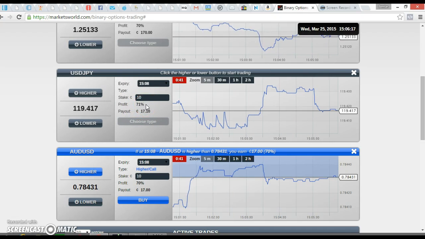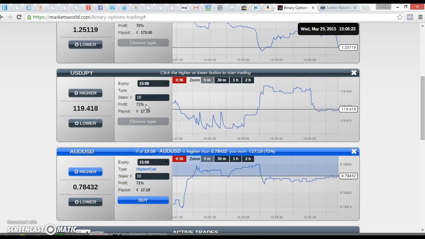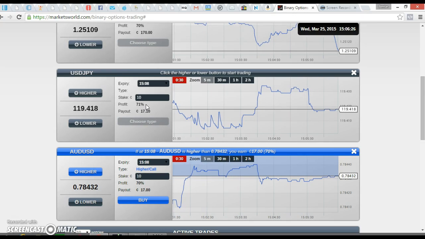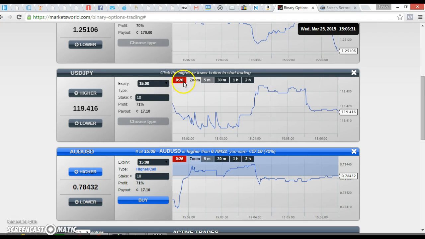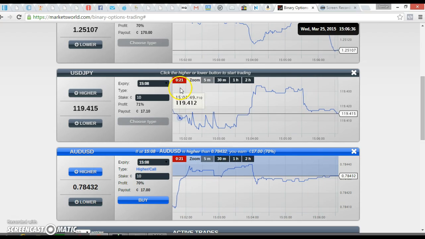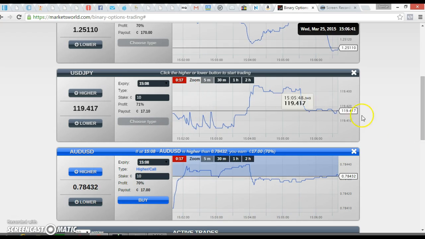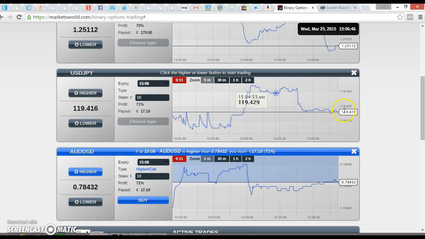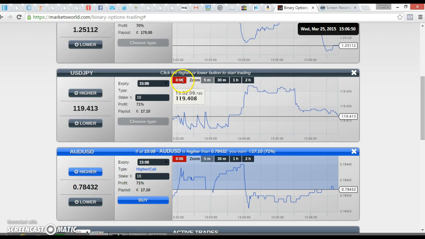And I will post the numbers with this video too, so you get an idea of how much to put in when you lost. And when this ticks all the way down to 0, and you think that you are losing this one, let's say you click on high and this number has dropped way below, so you didn't win that one. So you go to the next one,